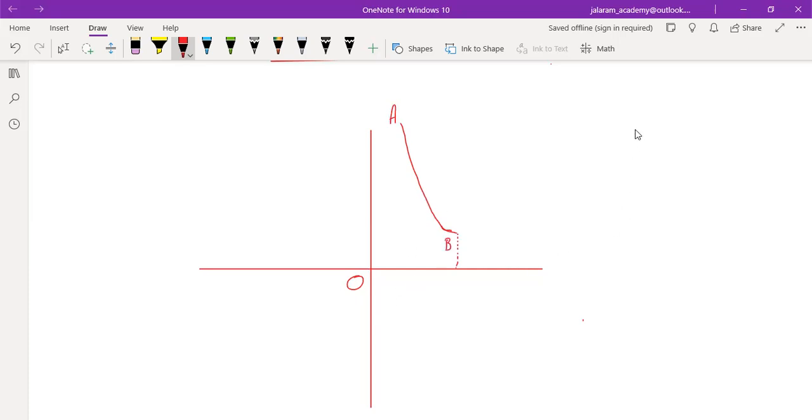And for all these points from A to B, if we find the tangent, if we find the slope of tangent at any point between A and B,